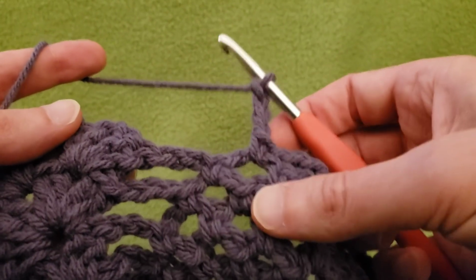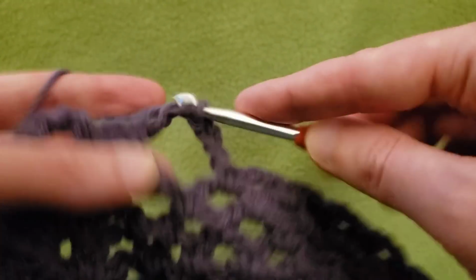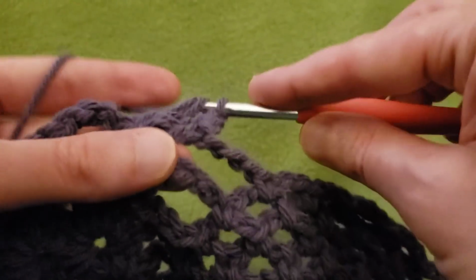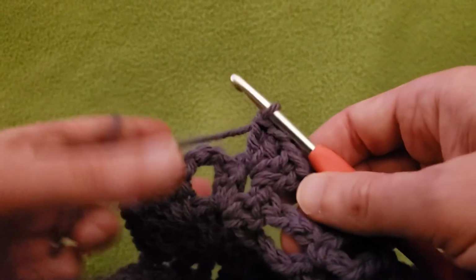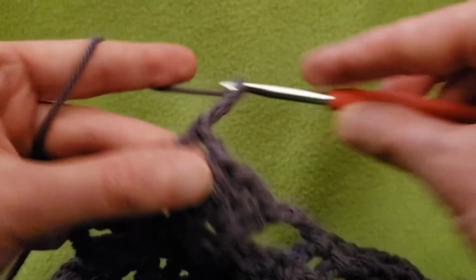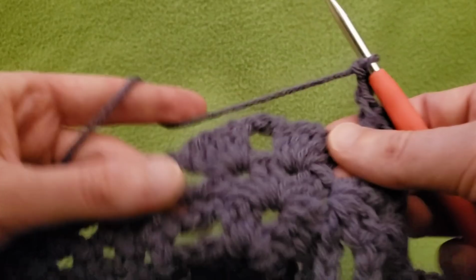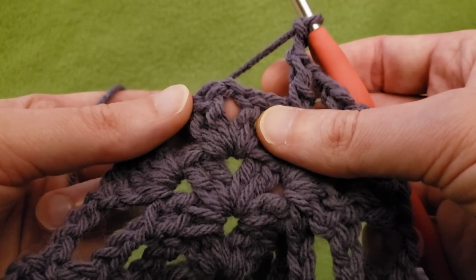So after that single crochet and your chaining of 3, into this chain 1 space, we need a cluster. So that's 2 doubles, chain 1, 2 doubles. There we go. And we need to do the same thing here that we did at this end over here. So chain 2 into the chain 3 space, double crochet, chain 3, double crochet into the same space, chain 2, and then into, now this is the center spine, don't forget about this. So into that chain 1 space, cluster,